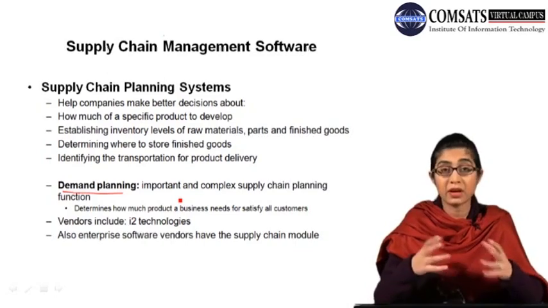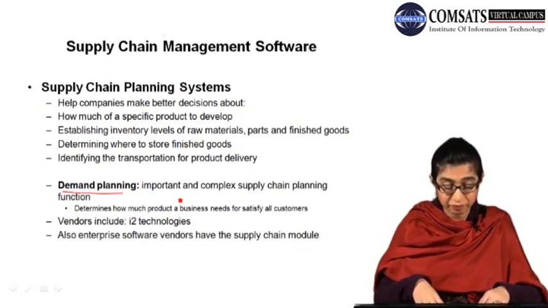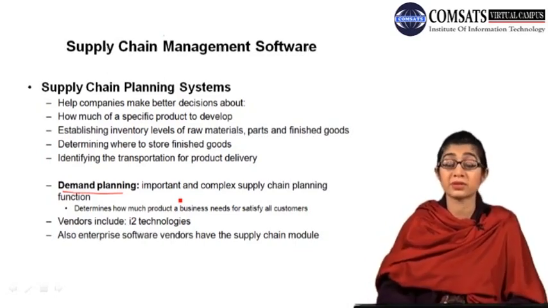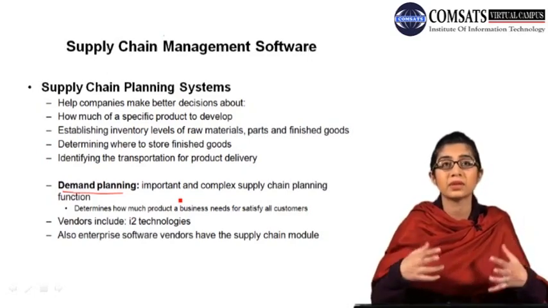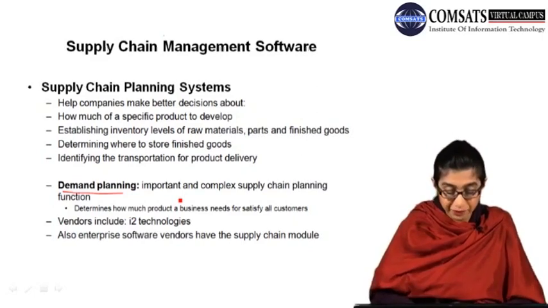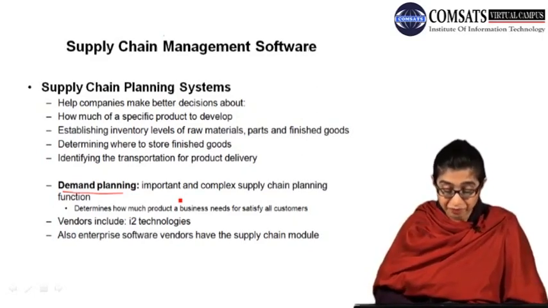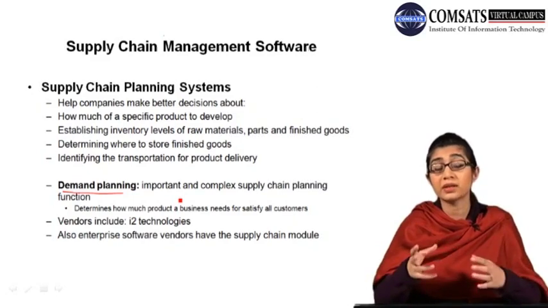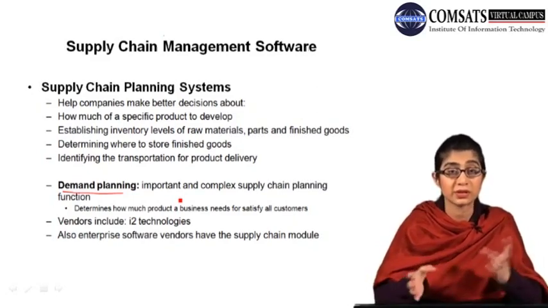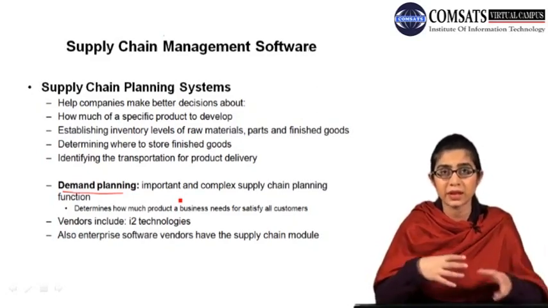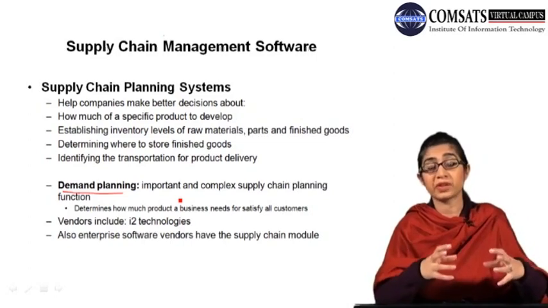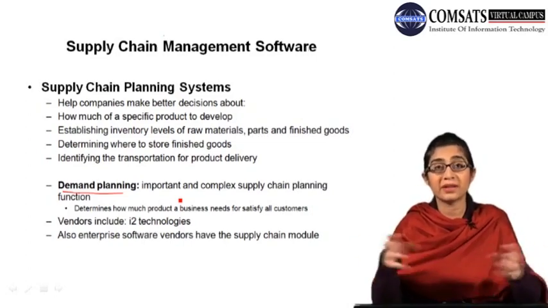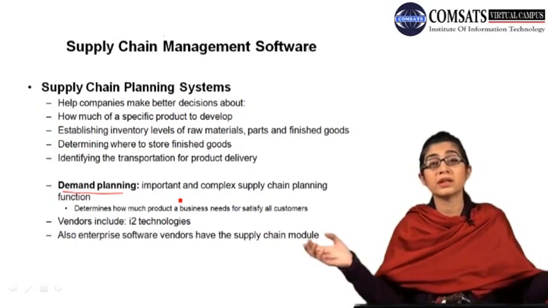For example, if a large customer or a very important customer places an unusual order or an extra order, or if that customer changes the order on short notice. So there are different scenarios that can happen when the customers demand certain products. The impact of that change is widespread again throughout the supply chain.